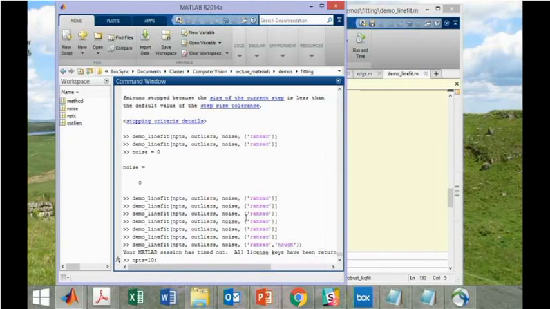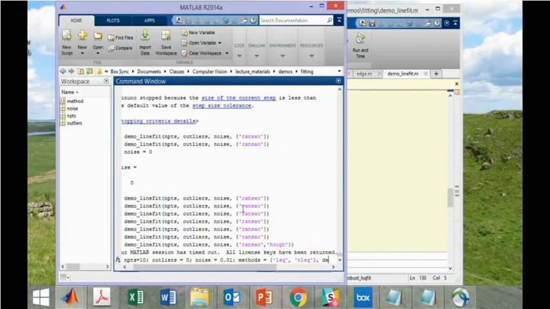Endpoints equals 10, outliers equals 0 initially, noise equals 0.01, methods equals, let's do LSQ and total least squares,